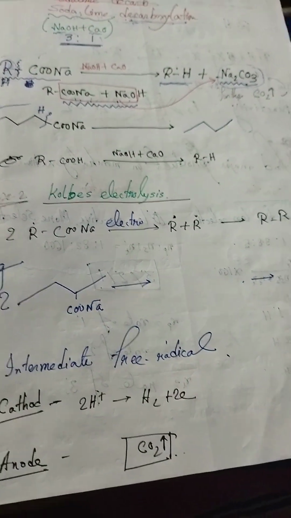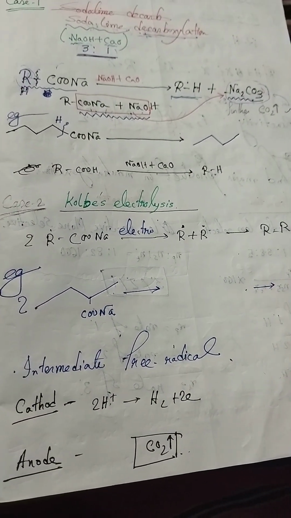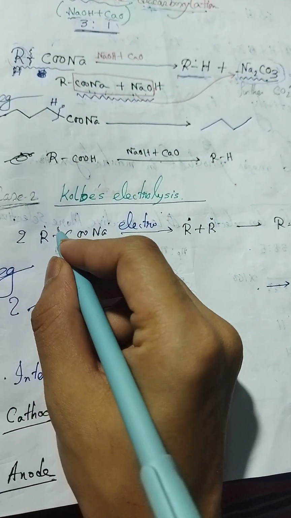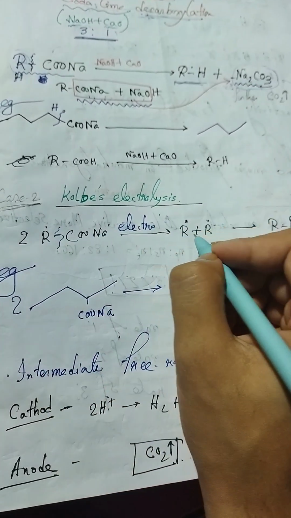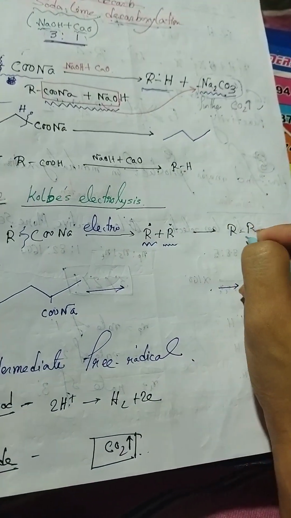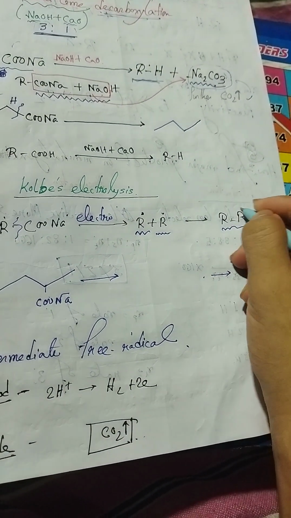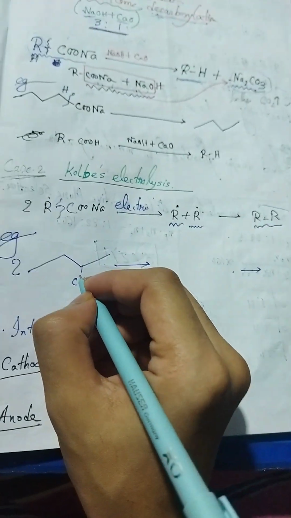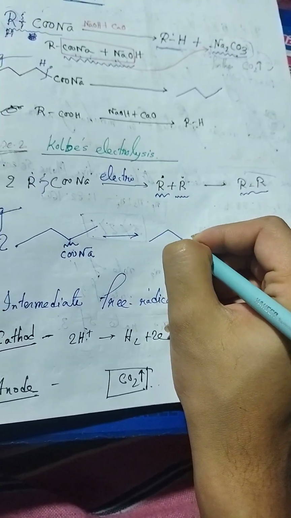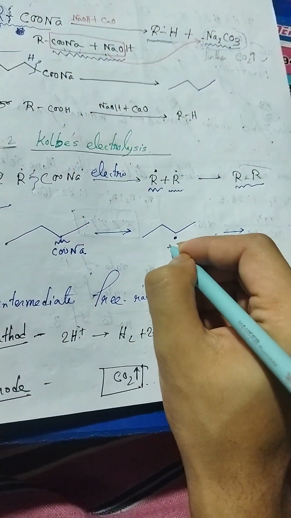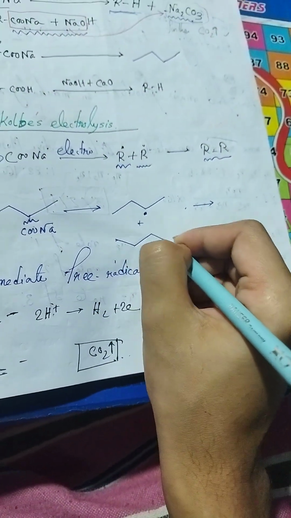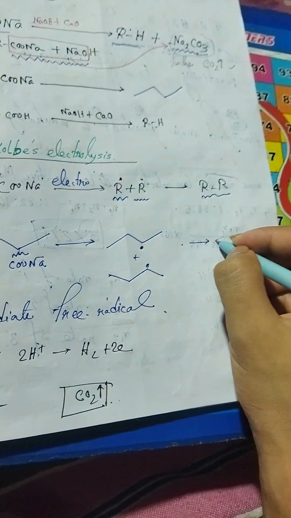Now talk about Kolbe electrolysis. In this reaction, the acid derivative breaks into a free radical, and now the free radical molecules attach, and now the alkane is formed. The example is, with the break, the free radical formed is a symmetrical molecule. The product is